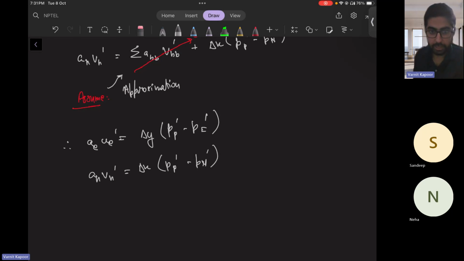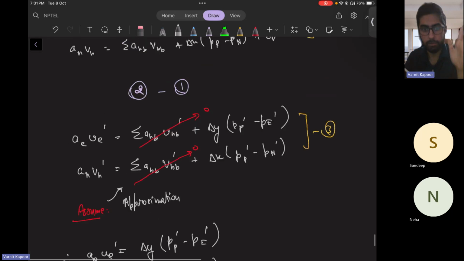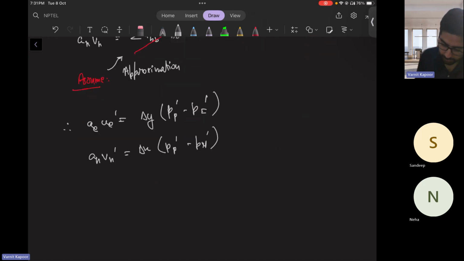So from equation 3, the contribution of the summation of A and B, V and B has been taken to 0, is dropped. This will have a consequence. The P dash takes the entire balance now. Only the P dash takes the entire balance for calculation of U dash and V dash. But here we no need to solve this for the system. No need to solve for the system of equations now. From here directly, you will get